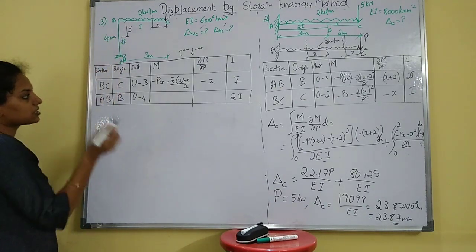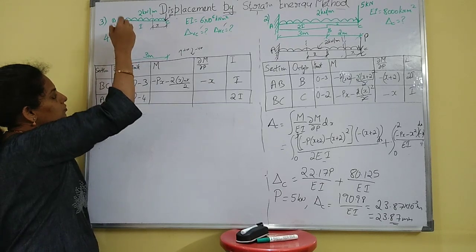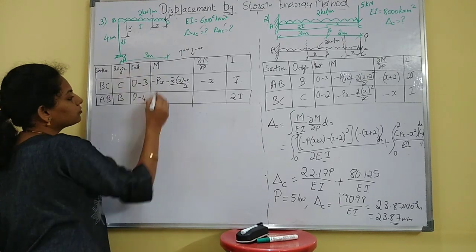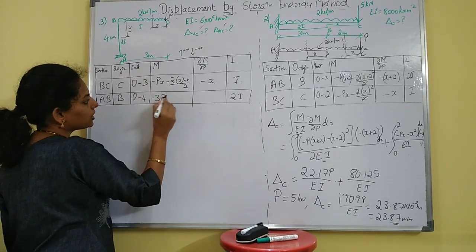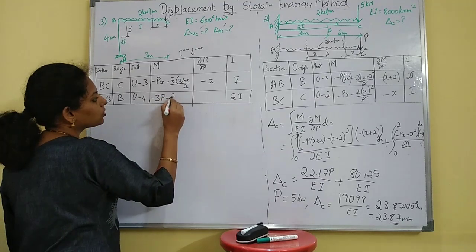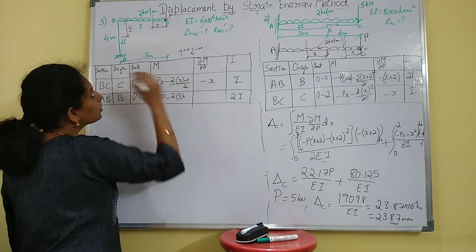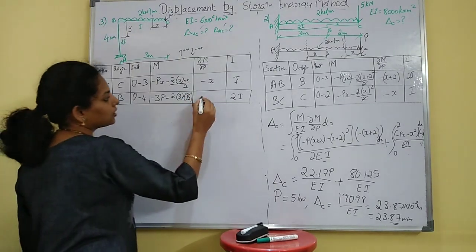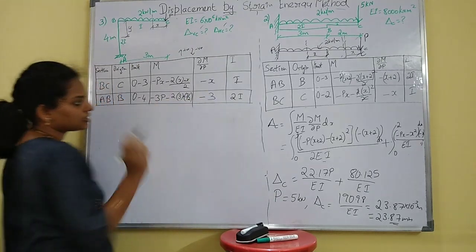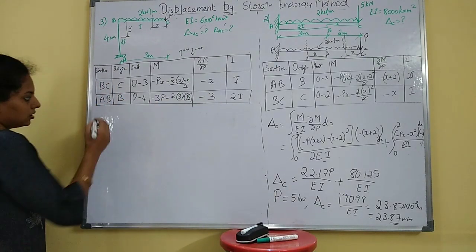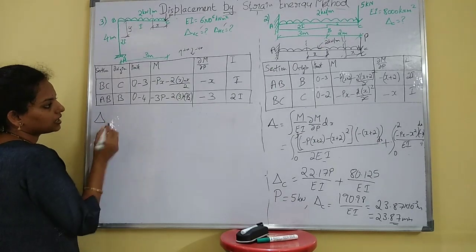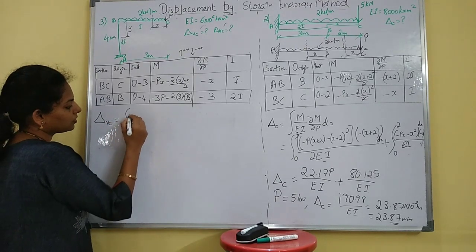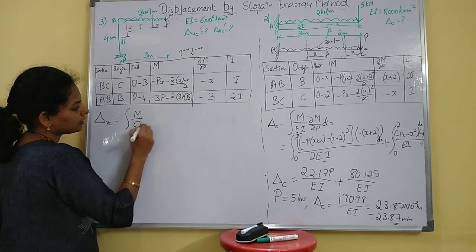Next, for this AB section, you have this y, so you have to consider the full stretch. The moment is minus 3 into P, then minus 2 into 3 into the full UDL length 3 by 2. Is it clear? Now differentiate it, you will have minus 3. Next step, similar to the previous problem, delta vertical C is the integral of M by EI, dM by dP dx.